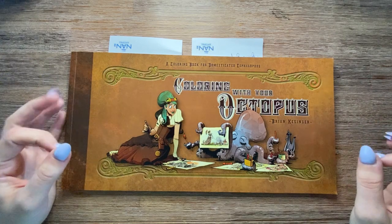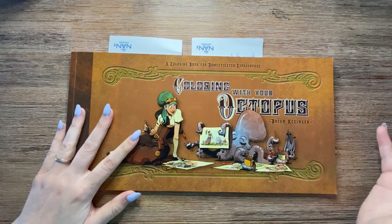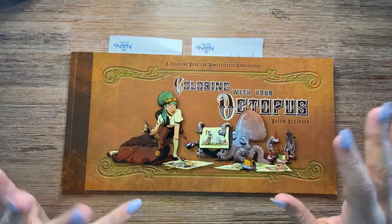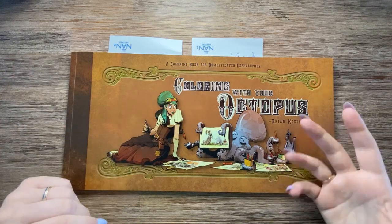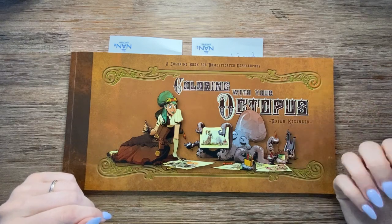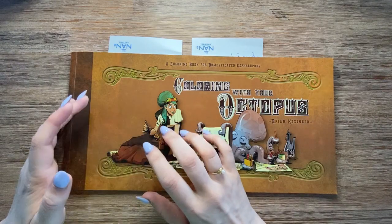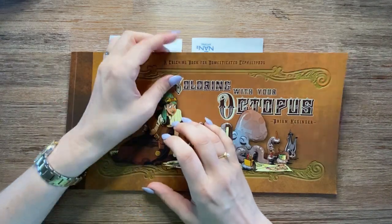The only exception I make is for Carla Magana, because I use alcohol markers in them with some gel pen and no pencil, so that's perfect. But if I want to use pencil, like most of the time for some shadow and highlights, I need good paper. I cannot work with it. So yeah, the first page I